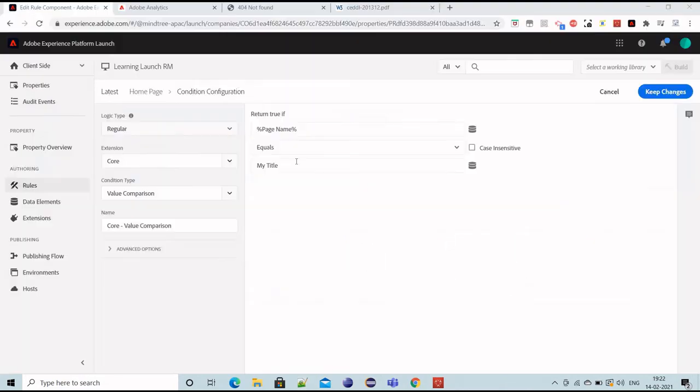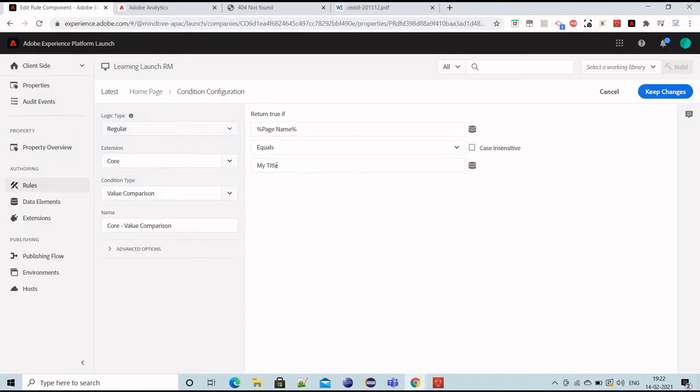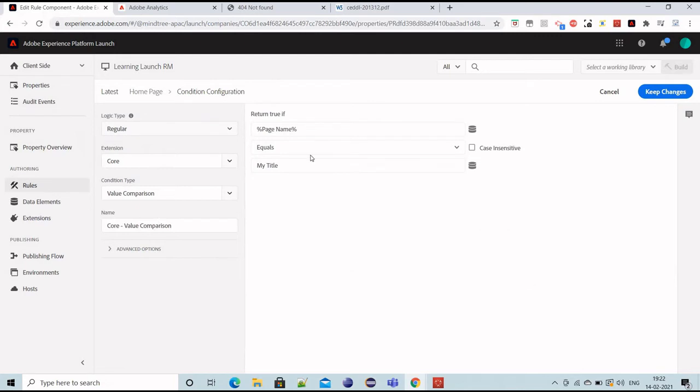I have created a data element, page name, which is just fetching the title of the page, and I'm checking if it is my title. So this condition will fire if the page name is my title, and for demo purposes I have created a page in which I have given the title as my title.